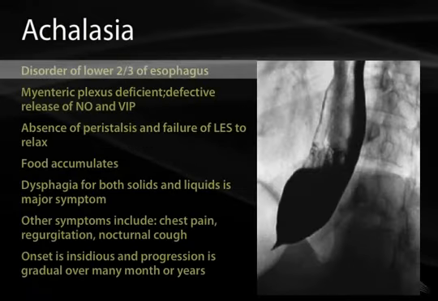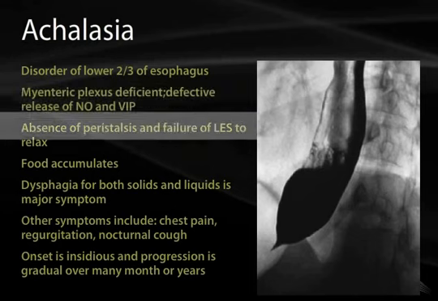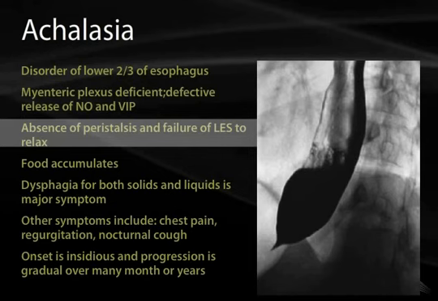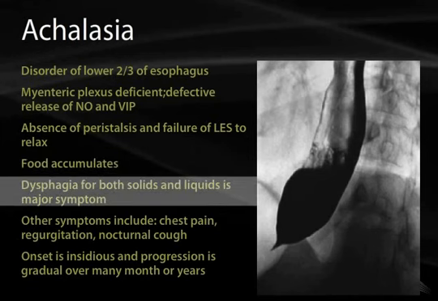Esophageal achalasia is a disorder of the lower two-thirds of the esophagus. This is when there's a deficiency in the myenteric plexus and deficient release of nitrous oxide and vasoactive intestinal peptide. This results in the absence of peristalsis, failure of the lower esophageal sphincter to relax. What then happens is that food is unable to enter the stomach because the lower esophageal sphincter acts as a gatekeeper to the stomach. Food accumulates in the esophagus, and as it begins to accumulate, dysphagia occurs for both solids